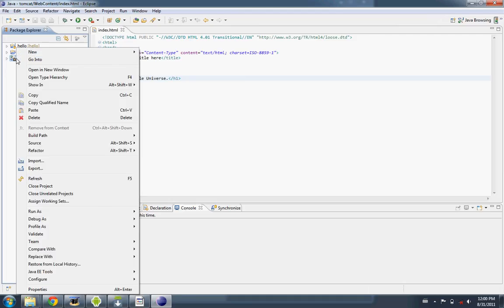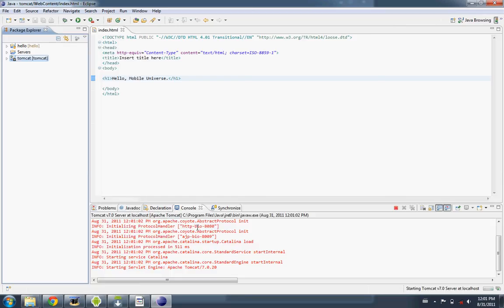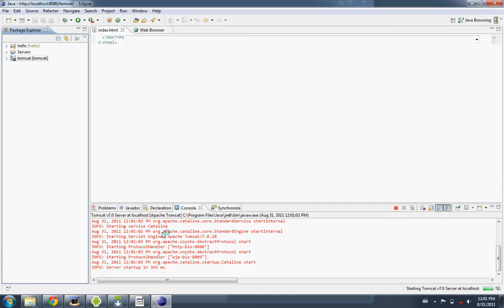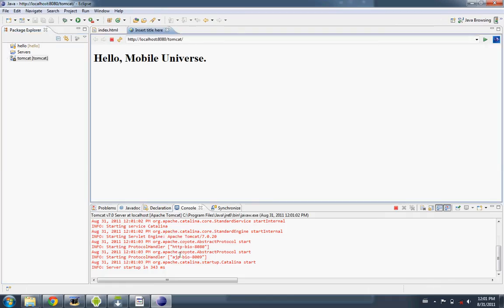I'm going to right click on that and select Run As, Run on Server, and in the console window we see the logging output, and inside Eclipse it opened up a new view here with an instance of a web browser that's built into Eclipse, and sent us to this URL,